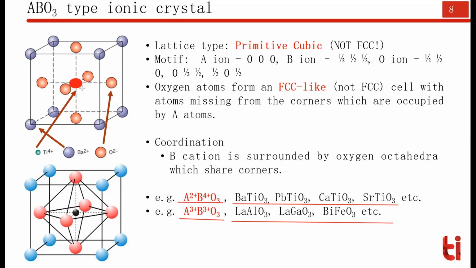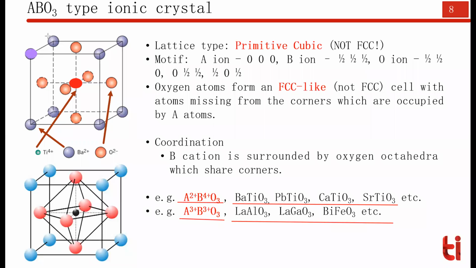This is your B side, the one that I have just marked with a red color, right? Because it is the octahedral side. And where is your A side? Your A side is, in this particular example, the blue dots, barium 2 plus. So where are they? They are making the corners. So all your corner sides are A sides.